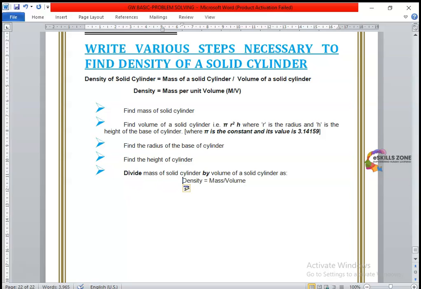This is the formula, so I'm going to put it in brackets and highlight and bold it for your better understanding. The last step will be, viewers,